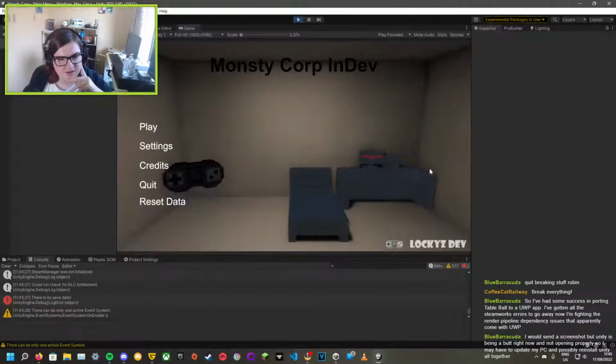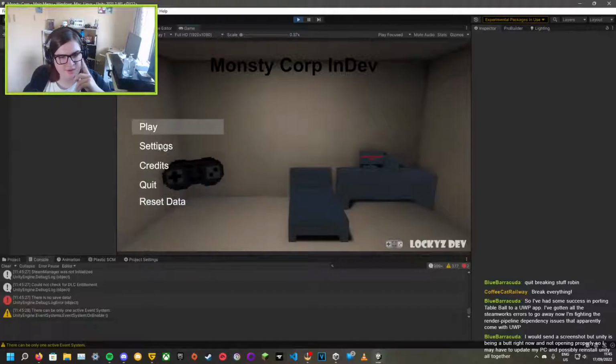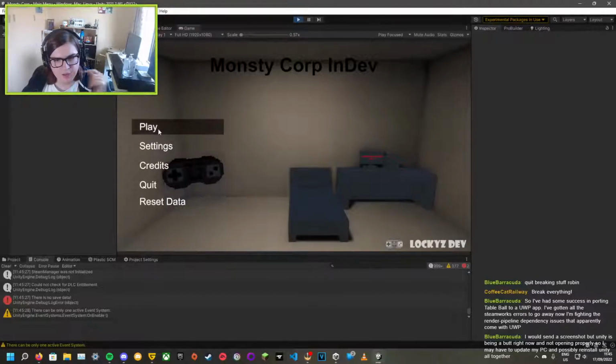It's a little bit dark, so I gotta lighten it up a little bit. Originally, he was supposed to have a light just pointing at him, but I couldn't get that working. And I've got to move this reset data button up and rename it to new game. But